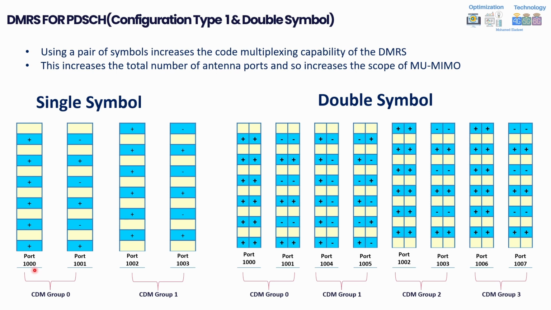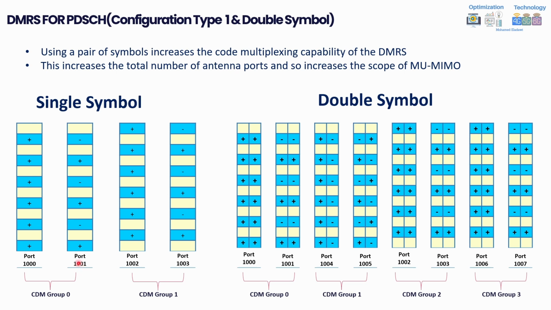Now, assuming this user wants to use rank 2, in this case he will require an additional port. He can use it within the same resource element, but with something called code division multiplexing, having orthogonal codes. So in this case he will be using an additional port, port 1001, and he can get rank 2, but as I told you, with code division multiplexing. And by the way, you have code division multiplexing and frequency division multiplexing. Code division multiplexing is prioritized over frequency division multiplexing. I'll explain more about this part now.